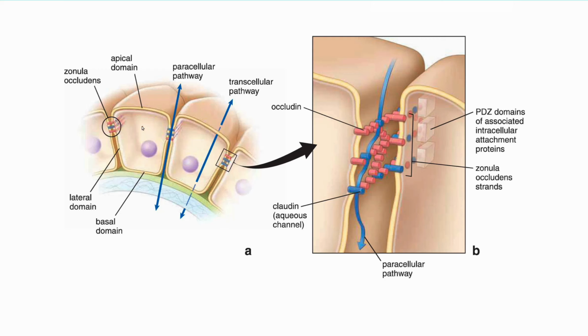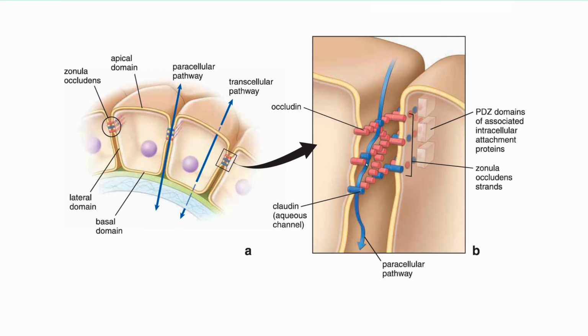So, these are individual cells, and if the molecule is passing between the cells, that is known as paracellular pathway, and if the molecule is passing through the cell, that is known as transcellular pathway. What we are concerned with here is the paracellular pathway, and we have one enlarged version of the paracellular pathway